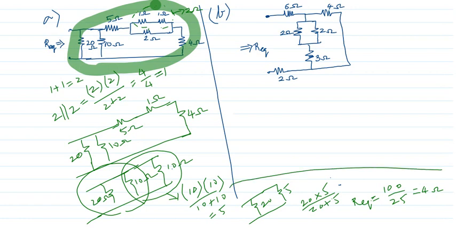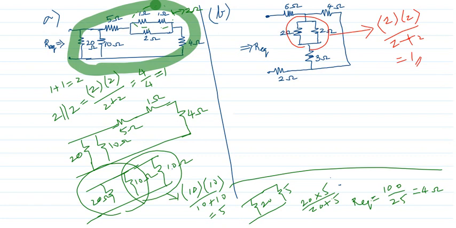The next problem, observe this problem. What elements are in series, right? Whether 6 ohms and 4 ohms are in series, observe, right? The current which is flowing here will take this path as well as this path. Okay, so definitely they are not in series. Okay, but you can see these 2 ohms are in parallel, right? 2 ohms are in parallel means what happens? This part of the circuit, they are in parallel. So 2 into 2 divided by 2 plus 2. So it is 4 by 4, it is 1.